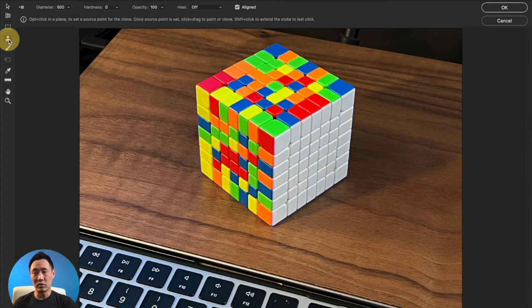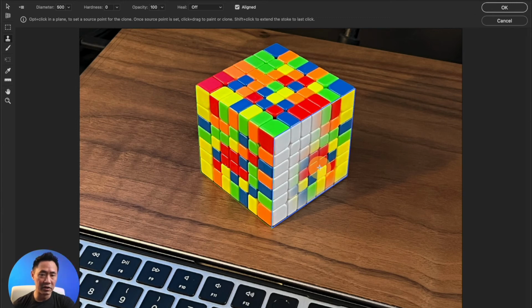And again, the clone tool is just right over here. Select that. And just like with the regular clone tool, I'm going to click on Option to select my source, and I'm going to select that yellow block on the corner. And you'll notice that as I move it around, it's actually adjusting. So you'll see that the verticals are adjusting, the horizontals are adjusting, and as I cross that plane, it flips over. So now, take that, put that right up into the corner there,